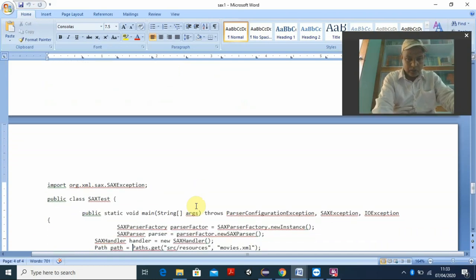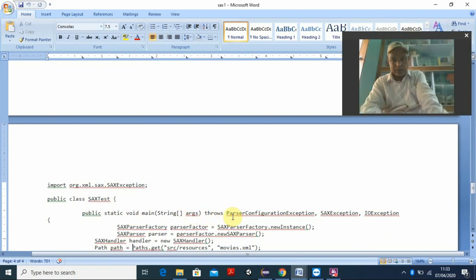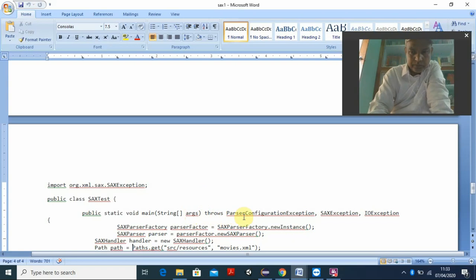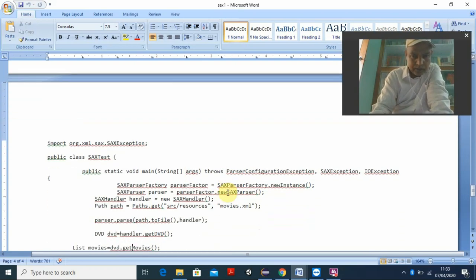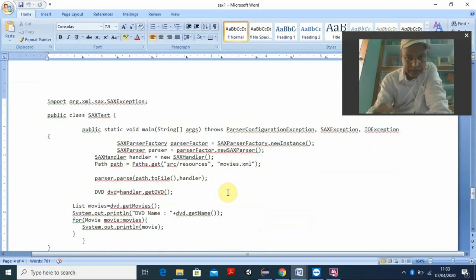Then you come to the SAXTest. This is the class name, and public static void main with string arguments is the entry point. And you are going for the exceptions, as you know, throw and catch are used. I am using throws here and ParserConfigurationException. So this part is purely a Java program. You better understand all these things, and some of our students like Jai and other people also helped in doing all these things. So we try to do this.